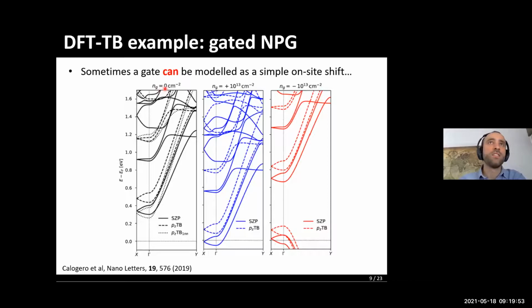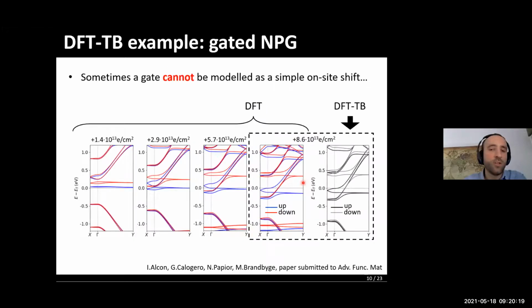As you see here, this is the zero gated case, this is the n-doped case, and the p-doped case. What you can see is that you can also simulate these gated systems quite well by extracting the PZ. And indeed, this is kind of the same as just shifting rigidly the bands. There are some cases, however, where a gate cannot be simply modeled as an on-site shift of the on-site elements